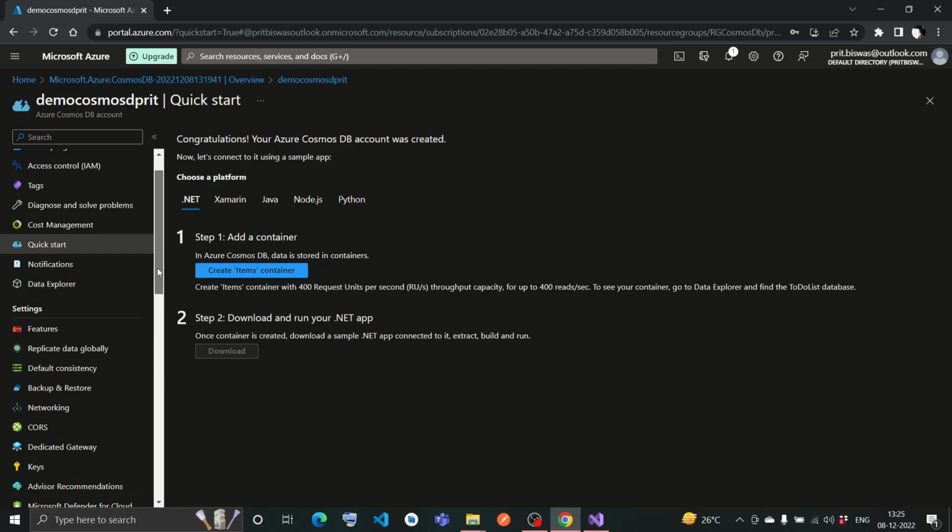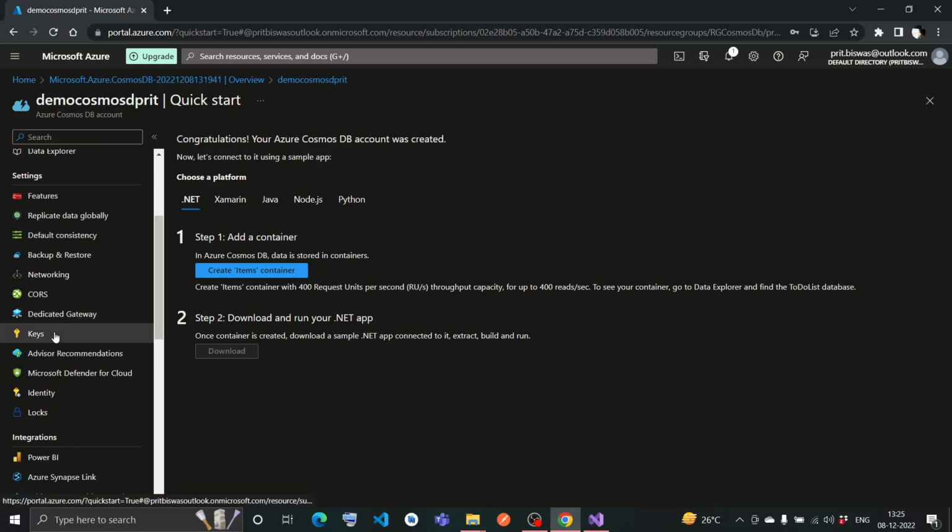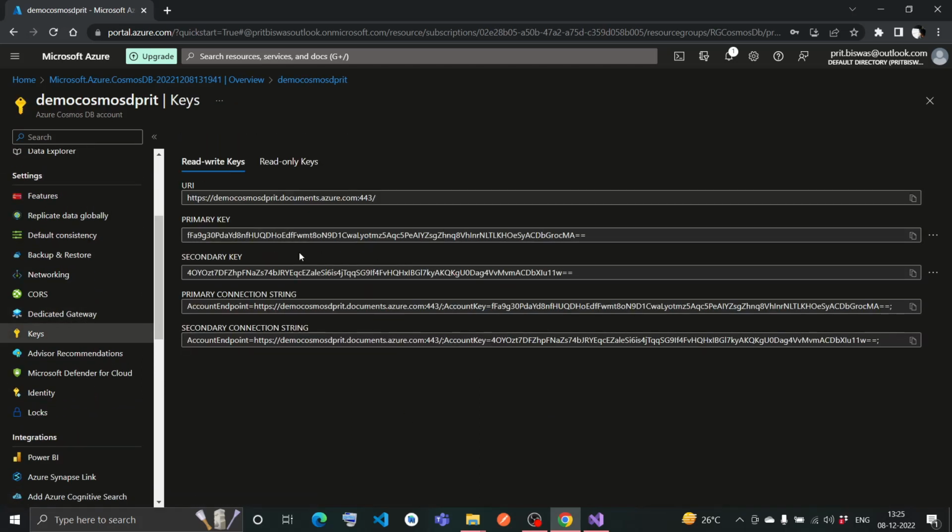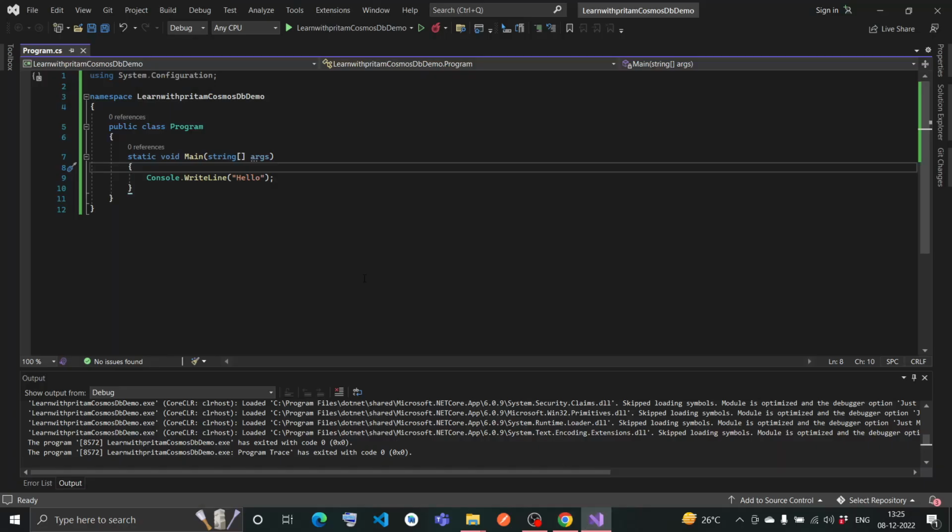So for that I need two things. I need to go to keys, and I need to copy this URI and this primary key as well, for read and write both. And if you want read only, then you can use these keys and URL. Okay, let me go here. Let me delete this, and